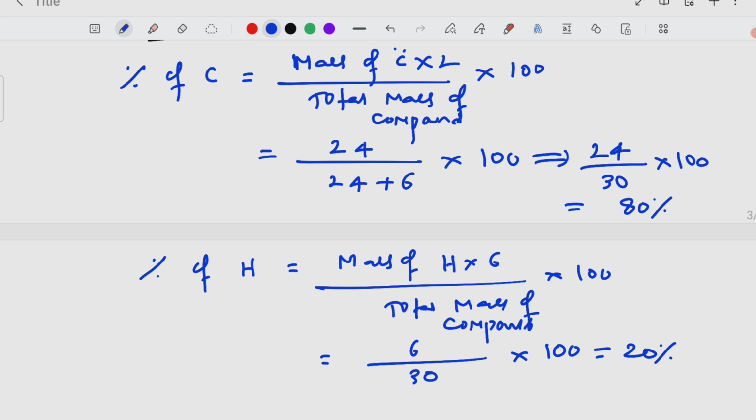Once again, everyone observe clearly how we did the calculation for the percentage of carbon in the given compound, that is C2H6. Overall the compound has molecular mass 30, and each element's mass we used here. If any doubt, once again revisit this particular page. So molecular formula and empirical formula concepts we also completed. Vapor density, relative density, done. Next, moving to